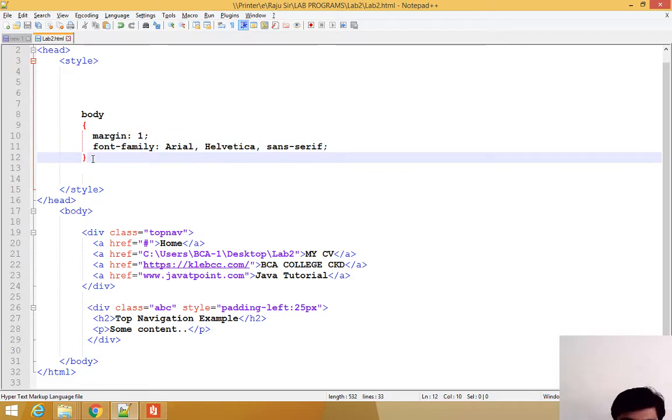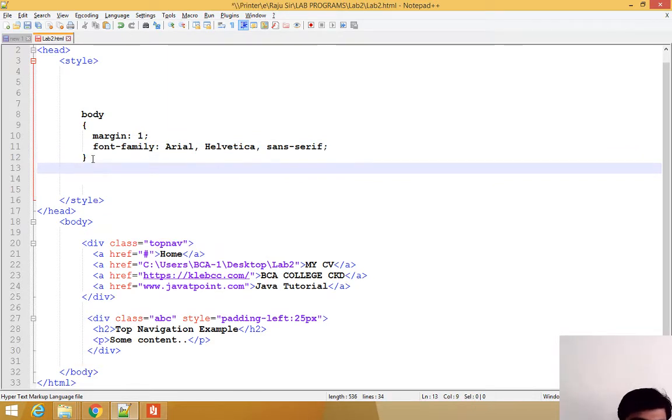Now the second one is, after this I want to show how our top navigation or menu bar is displayed. See here, our menu bar is displayed like this, but I don't want it like this.